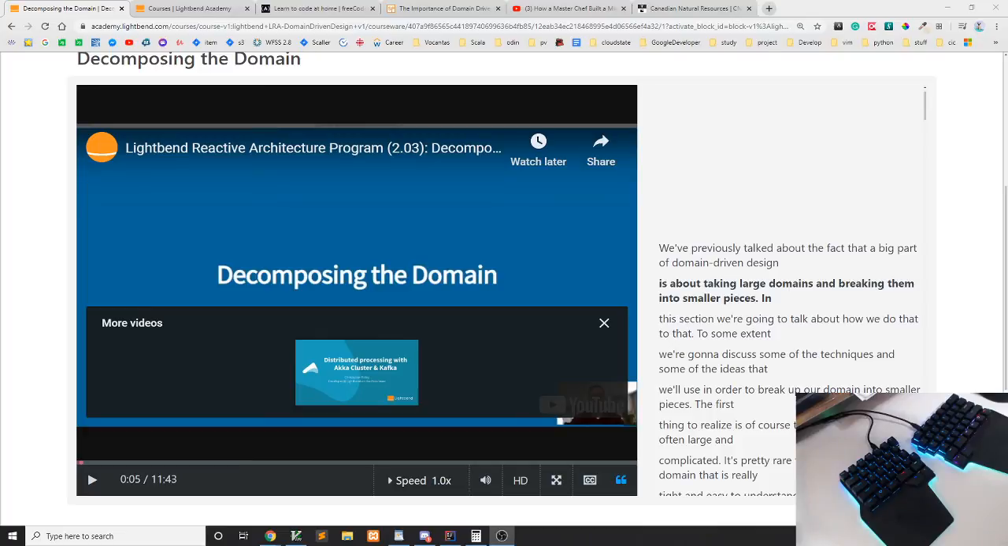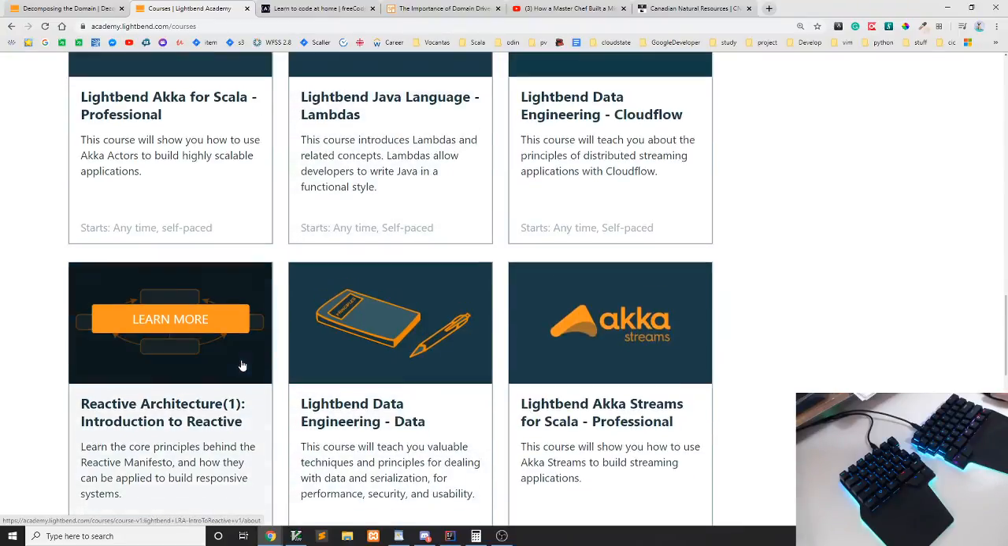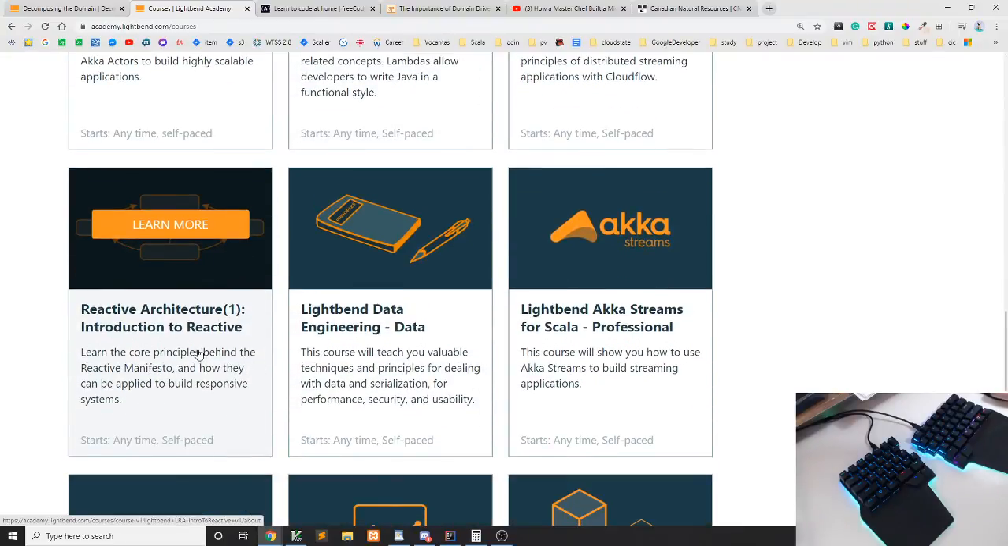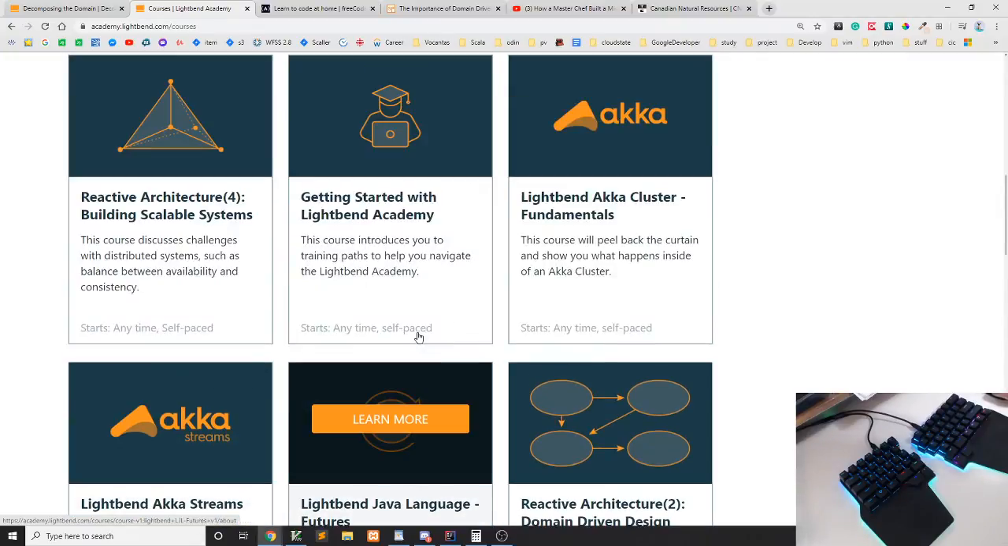So, until yesterday, I could finish the first lecture. Its name is Lightbend Academy. Let me see. Yeah, the introduction to reactive. Now I started the